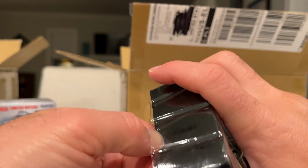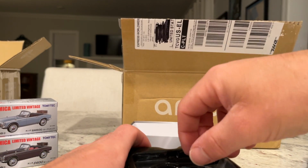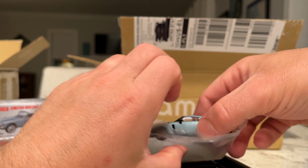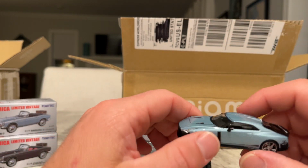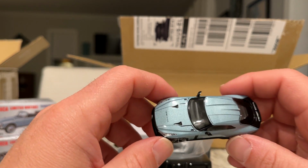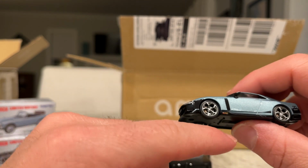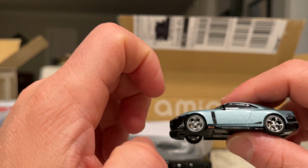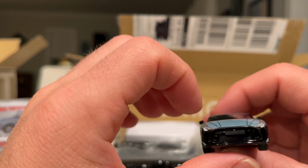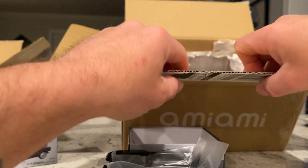Let's see if I can open this up. But this teal, minty beige, minty green color, this is where it's at. If you're only gonna order one of these, this is the color to get. You can see it's got the lines on it. It says test car. It's got calipers. That is nice. Wow. Cool. All right, and then last one up